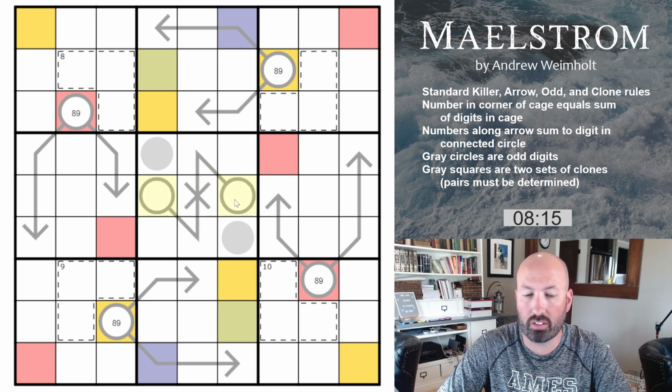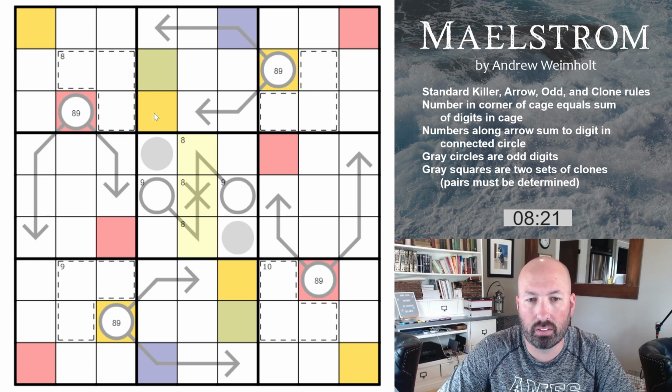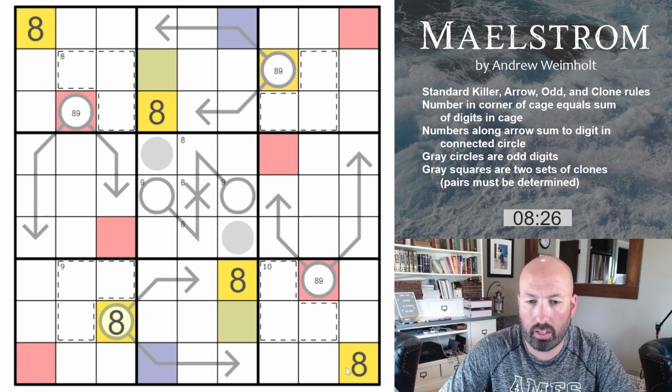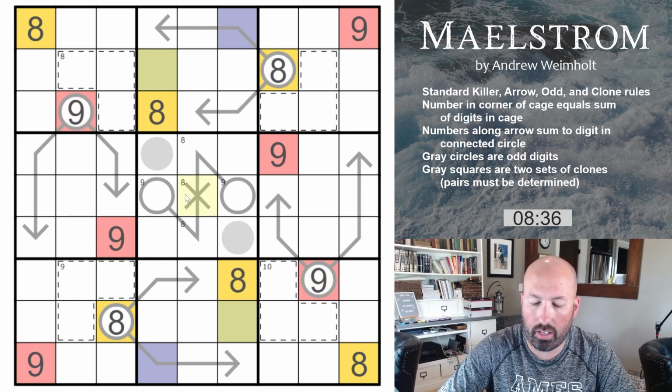But that also tells us that we have to have a 9 on one of the two circles here. And there has to be an 8 across the middle. The golds are 8s. The reds are 9s. I missed a gold. Reds are 9s. 8s are gold. The 8 is going to have to be...